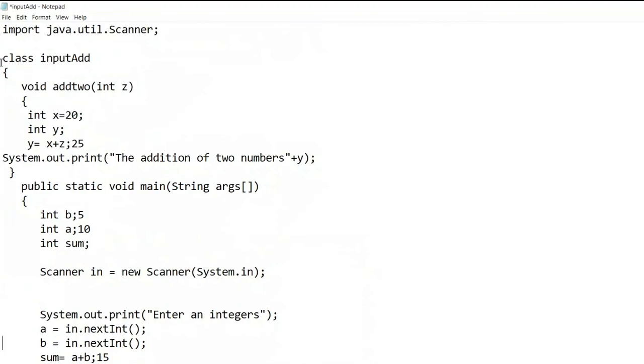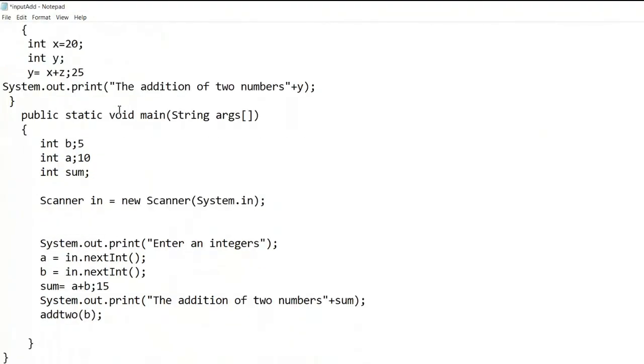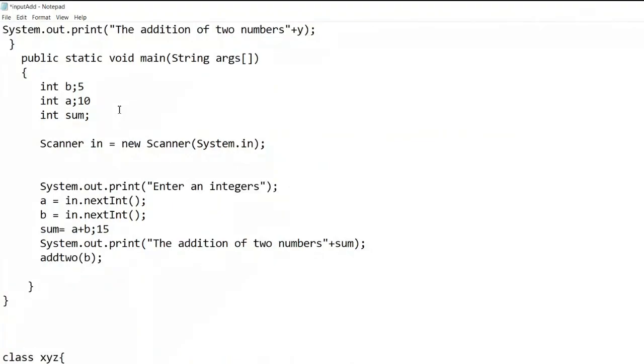Yes, it is accessible whenever you use the property of inheritance. That's why inheritance came. That is the advantage of an object-oriented language. Whenever you use inheritance, you can access it. If you want to access this, you have to write extends, and the class name I have taken, input array.